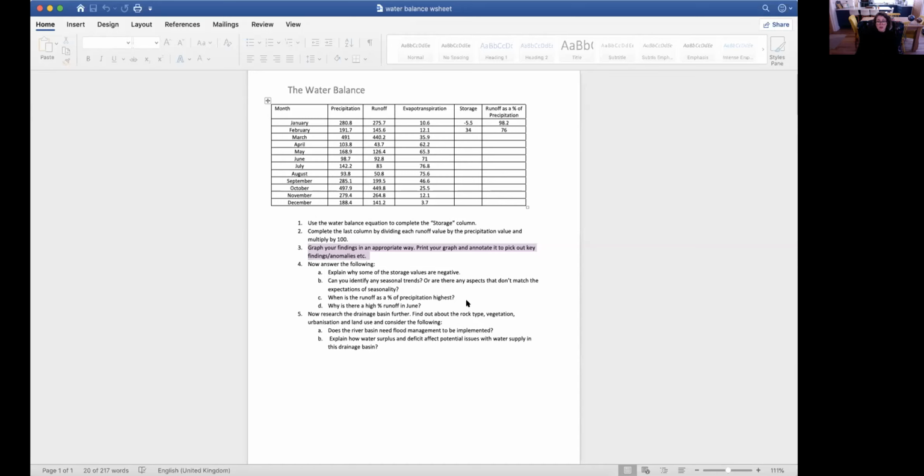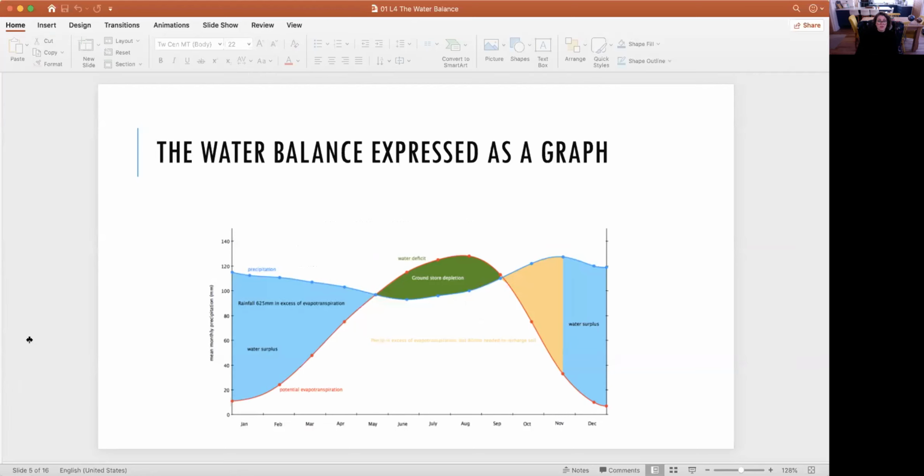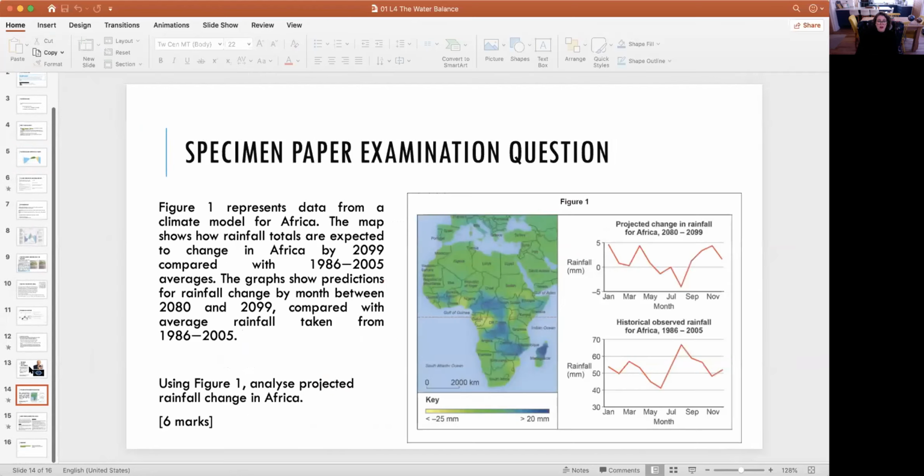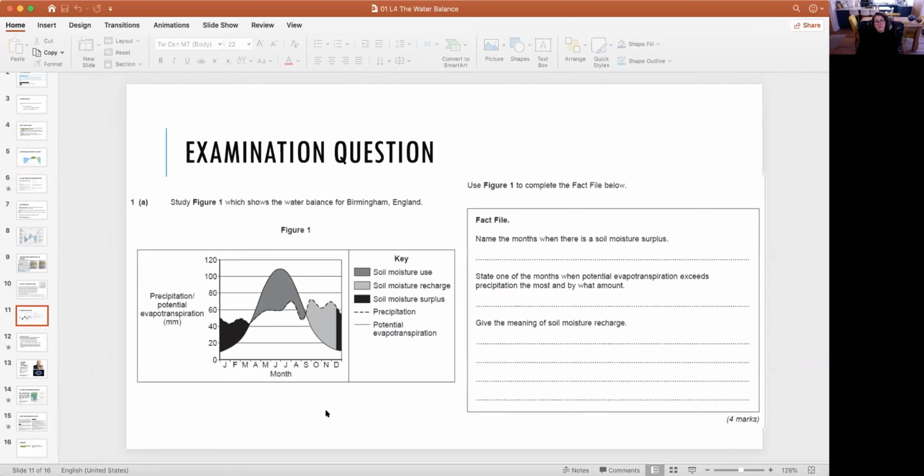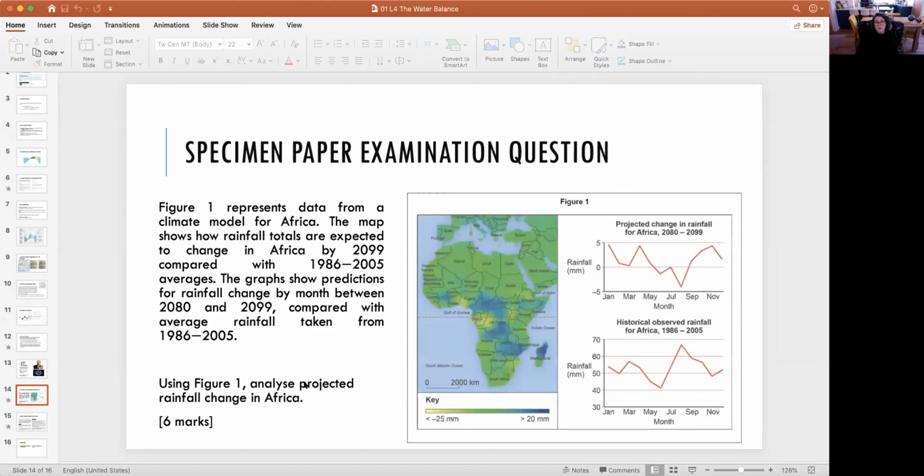Today, I asked you to have a look at the exam questions. The first exam question was a 4-marker from the old A-level. Now, this was actually when we had ASs, that's why it's a kind of simpler way of approaching an exam question. You won't find complete the fact file questions in your A-level, but it's good just to test your knowledge. So you do that one, 4 marks, and then afterwards, this one is a real 6 marker from the